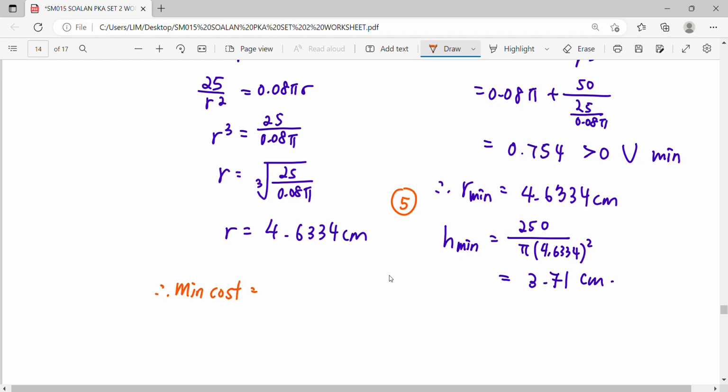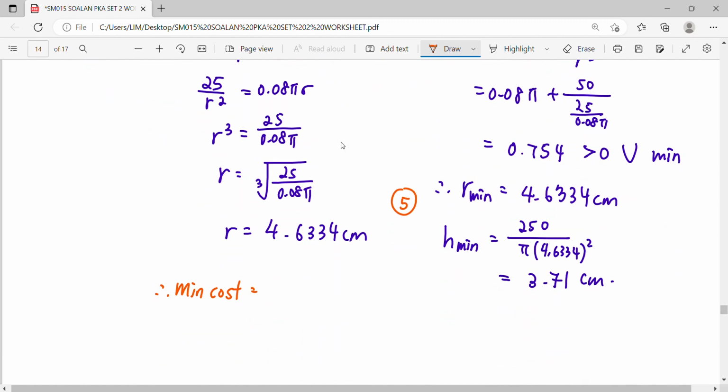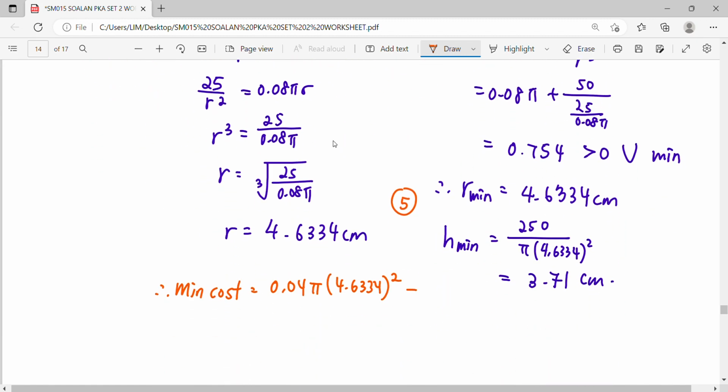We substitute back into our formula, this one. So Rn 8.0